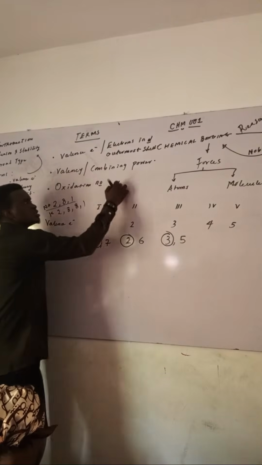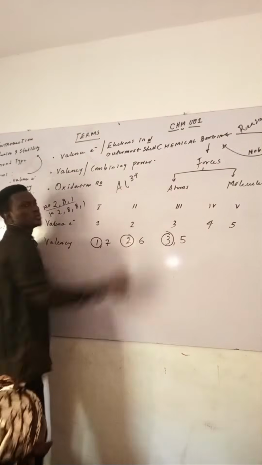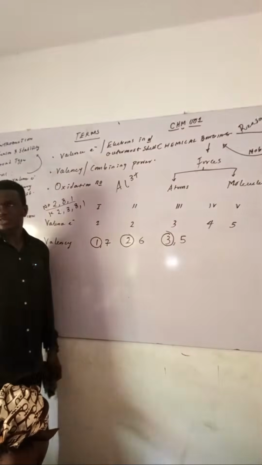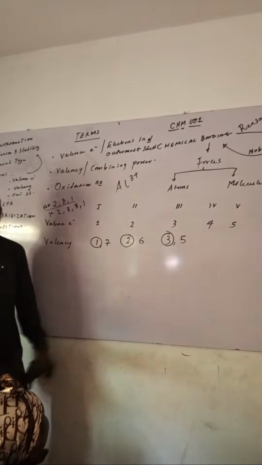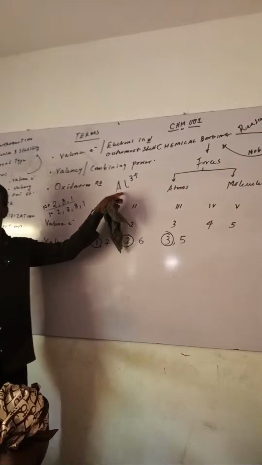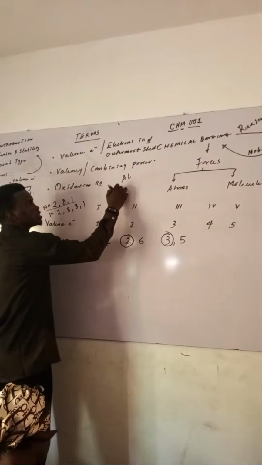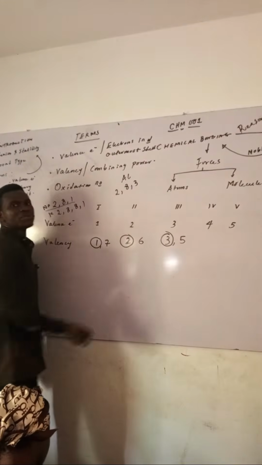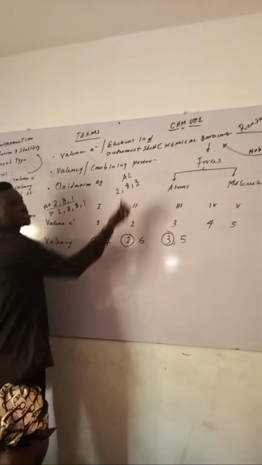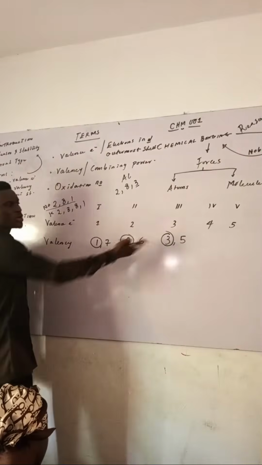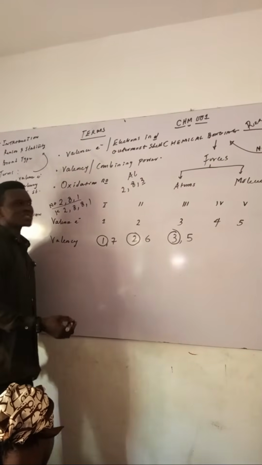That's why you can see Al3 plus. You don't see Al5 minus. You most times see Al3 plus. You know Al is in group 3, aluminium. So if you understand the basics that we have done before, this is 2,8,3, right? So it will prefer to lose 3 than to gain 5. That's what we are saying. Do you get the point clear?